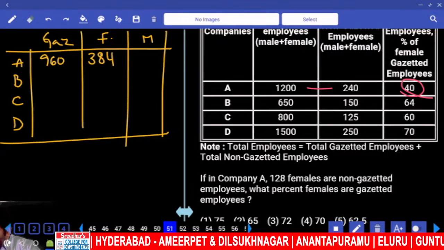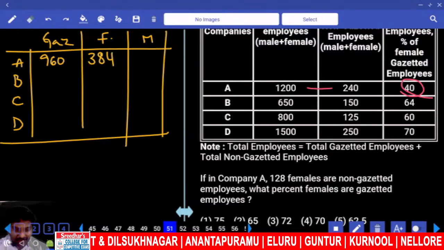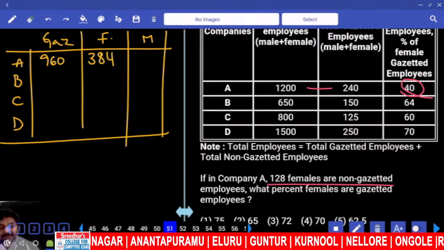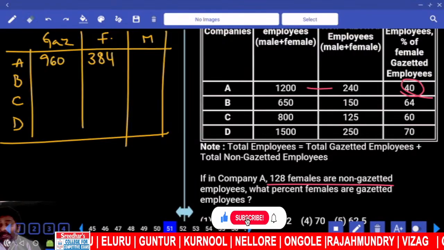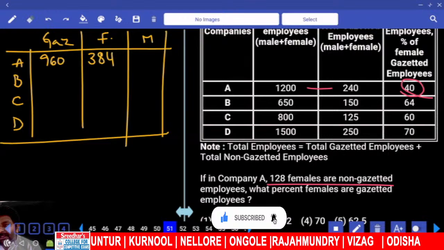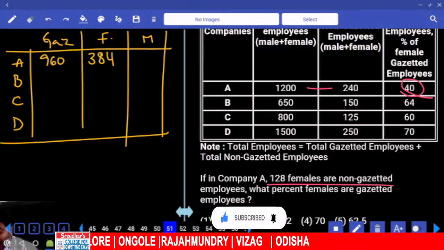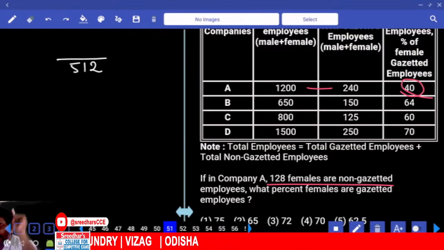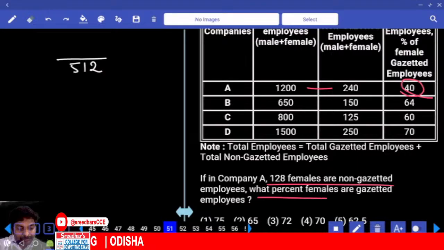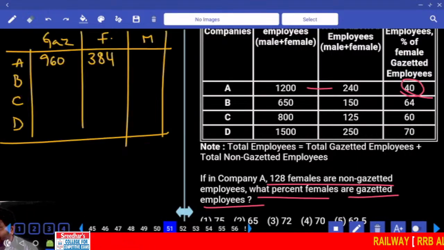384. Who are these 384? Female gazetted. And female non-gazetted are 128. Then total female are 384 plus 128, 512. Total female are 512. Now the question is, what percent female are gazetted employees? Gazetted employees are